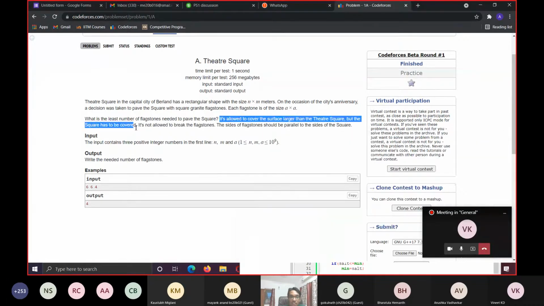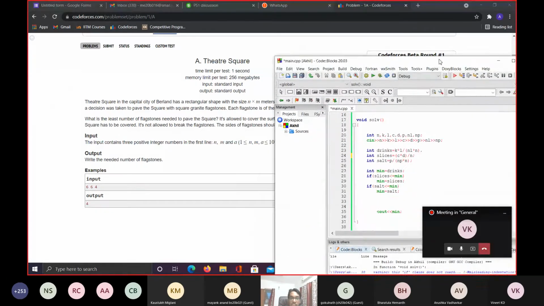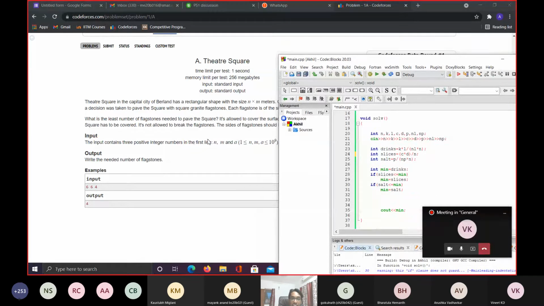So I guess this line is very important here. The square has to be covered and it's not allowed to break the flagstones. The sides of the flagstone should be parallel to the sides of the square. So now the input has 3 numbers, positive integers again, n, m and a. But this time the ranges are till 10 power 9.